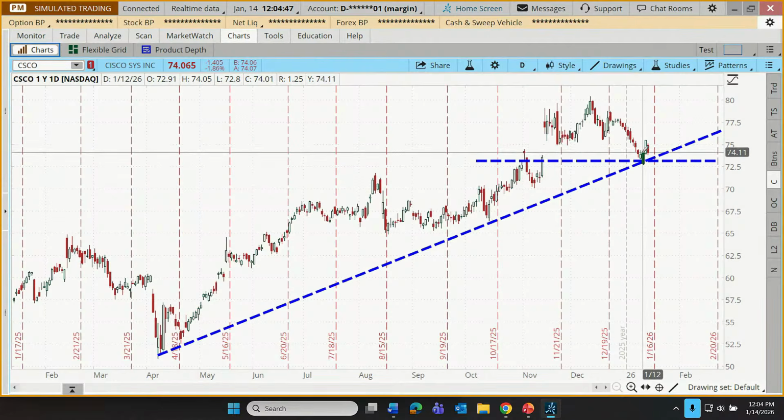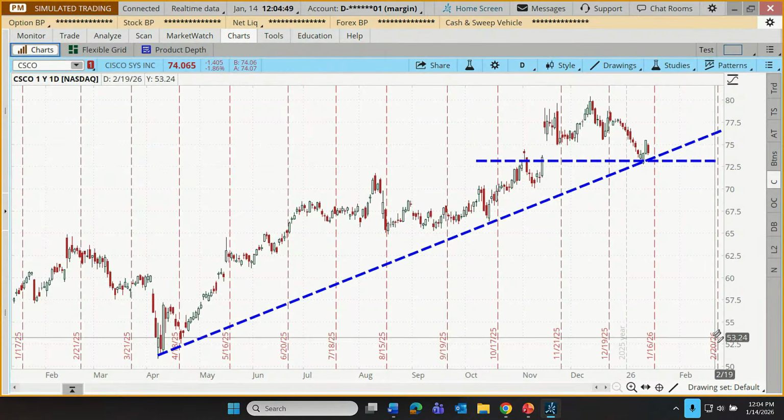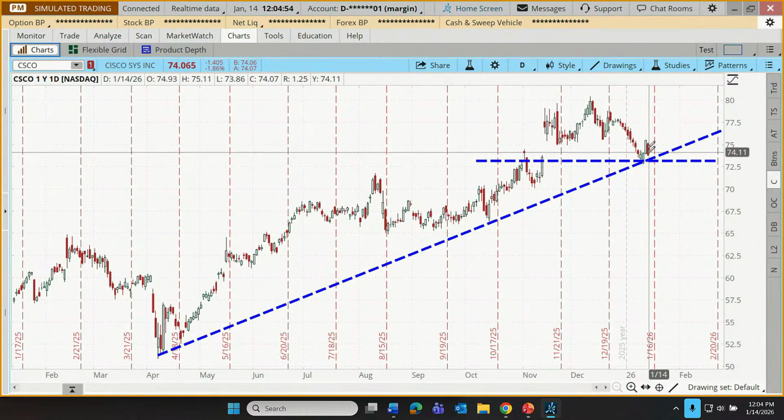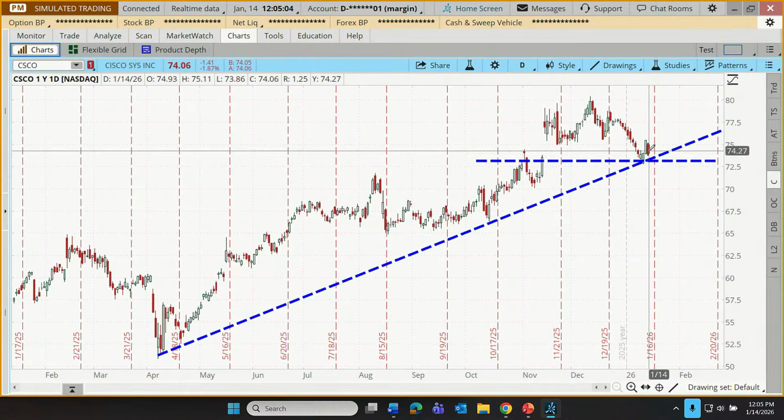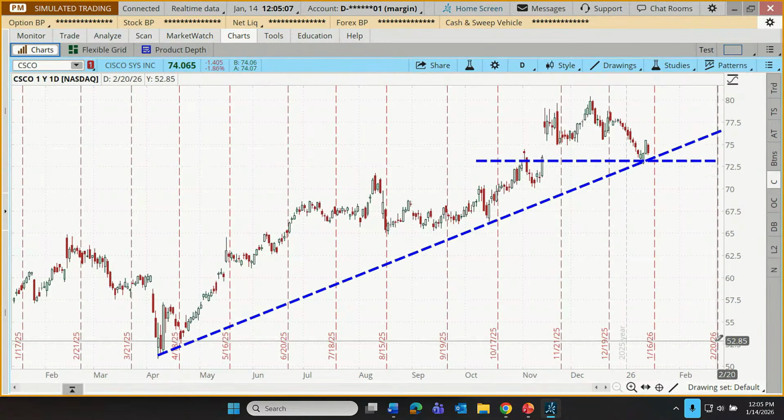So let's just say that our trader is bullish. Maybe they're planning a trade out for the 20th of February, and they think at least Cisco, despite today's pullback toward yesterday's candle bottom, is going to stay above, let's say, about the 72.5 mark as we move toward that February 20th expiration. So let's go do a bullish trade. And we're going to do this with an option strategy. And then we're going to use the risk profile tool to break that strategy apart before the trader commits to the trade.